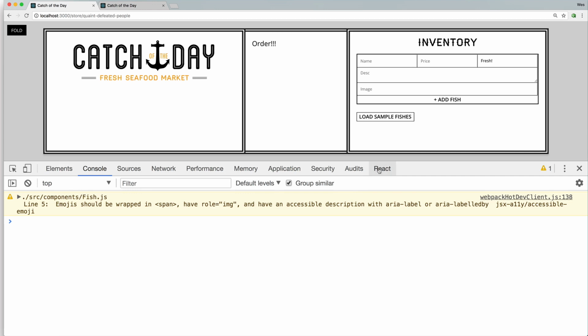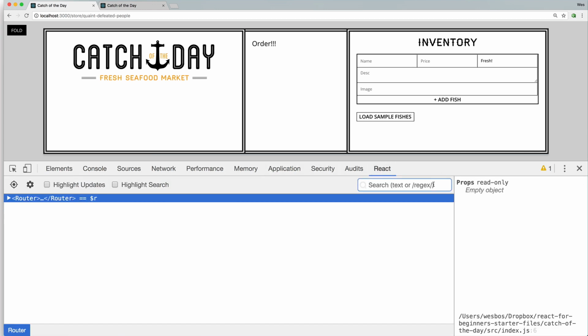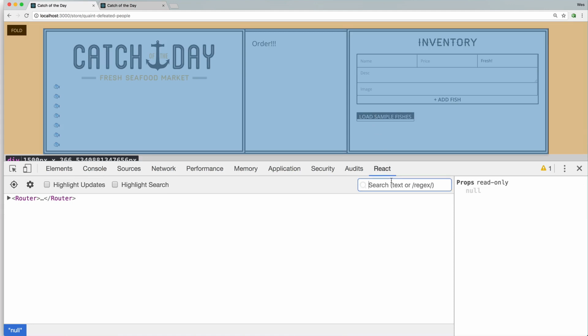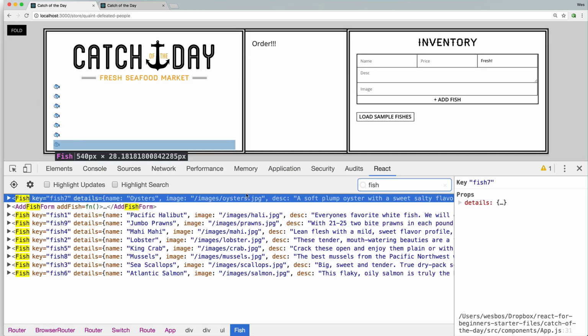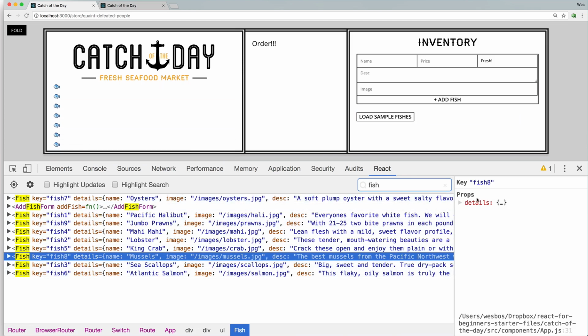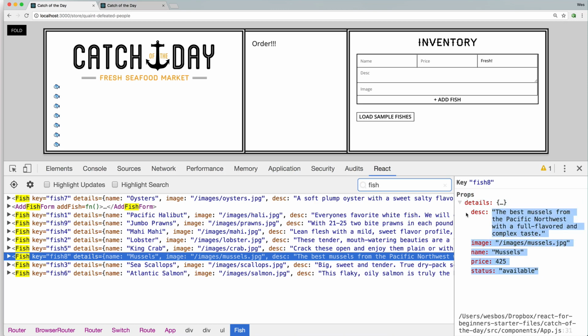Now, when we go to our React DevTools and search for a fish key, oh, I guess I got to load some fishes in there first. And now if we search for a fish key, you're going to see that every single fish component, if you click on any one of them, they all have a prop called details. And then inside of that, we have description, image, name, price, status,